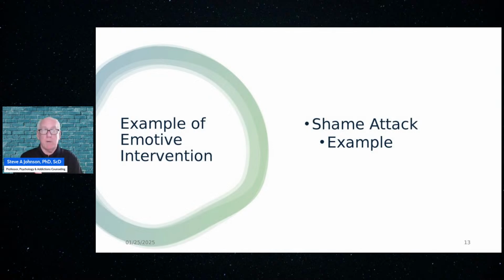One of the emotive interventions that Albert Ellis made really popular is what he calls a shame attack. You have to be selective when you do the shame attack, and you have to prepare the client for it. A shame attack is when we have a client do something that they would normally avoid. So often it's, again, helpful for anxiety, but also for depression.